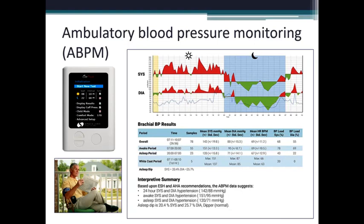Now, 20 years ago, ambulatory blood pressure monitors weighed 5 pounds, were very clunky. But now, really, the newest devices, of which I've shown an example here, this is the Space Labs OnTrack device, which is the newest device we use here at UW Medical Center at Harborview in the hypertension clinic. They weigh like less than a pound, and they last many days on 2 AA batteries. They have a touch screen that allows it to be easily programmed even without a computer. And as you can see by this very comfortable looking gentleman here reading a newspaper, most patients tolerate this reasonably